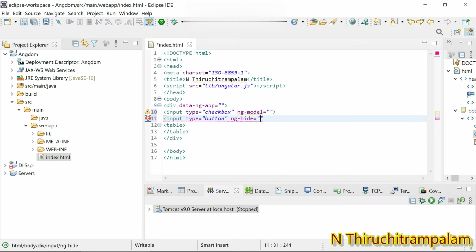You can give any value. I give hide. So that's it. Here I give the value. I just give something, nothing to hide.